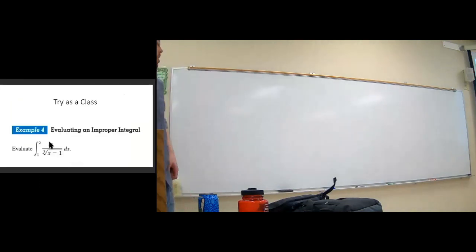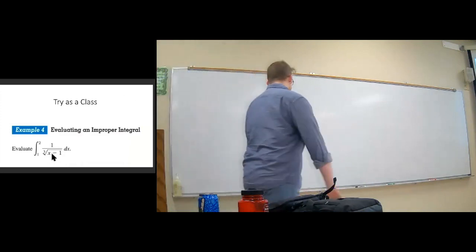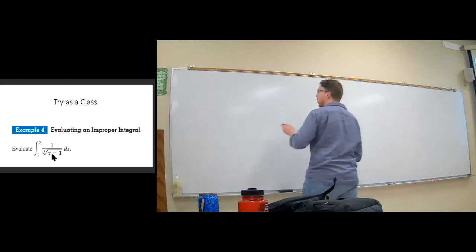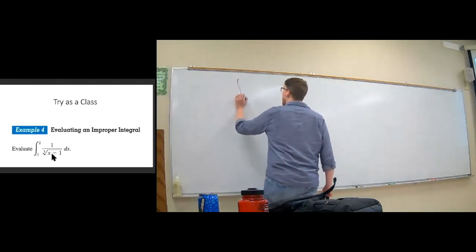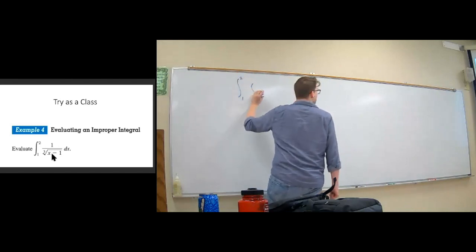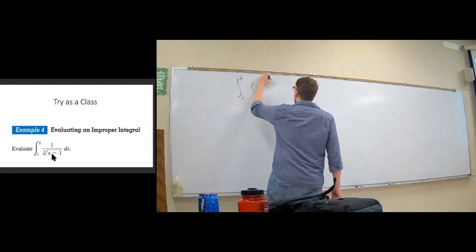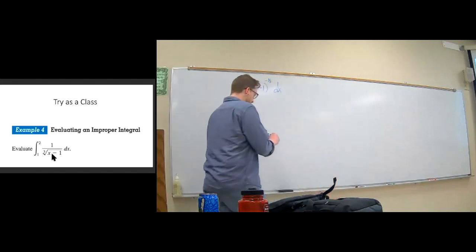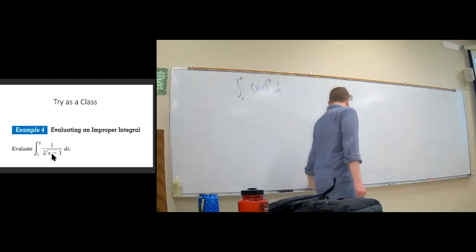So, notice here we have a discontinuity at our lower bound. So we're going to rewrite this now. We'll say this improper definite integral from 1 to 2 of the quantity x minus 1 raised to the negative 1/3 power integrated with respect to x. This thing is going to get rewritten,